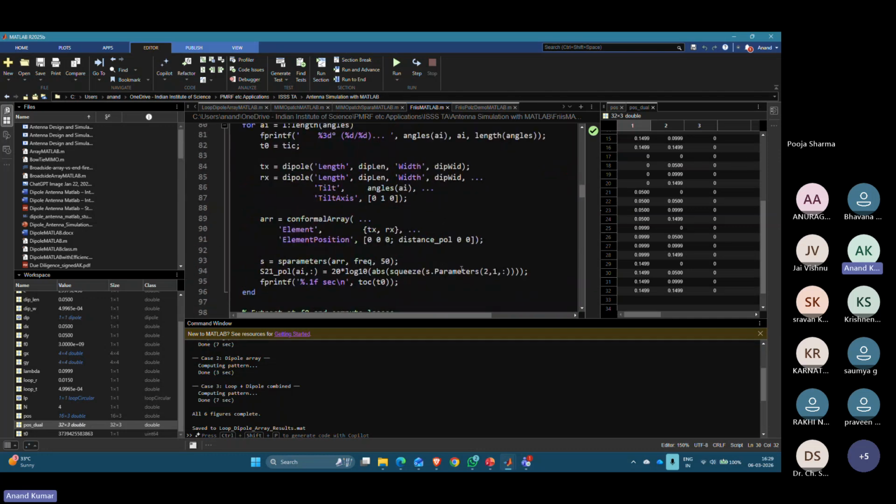So you give the frequency values where you want the S parameters, the structure, the object of the array or the element, and the impedance normalization for the S parameters, and call this function sparameters. This will give you the S parameters as an object, and within this object there are multiple things. If I run this,